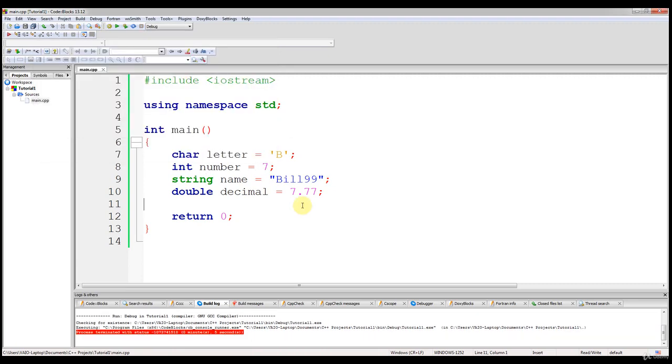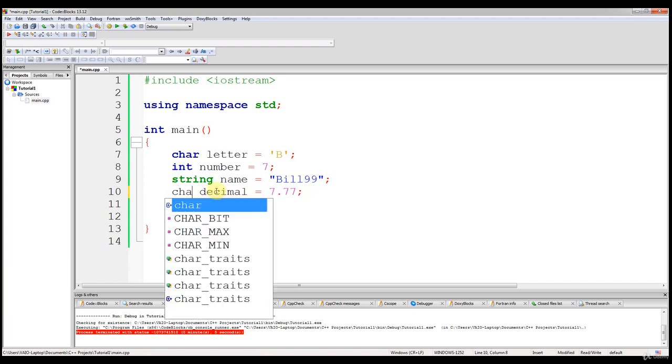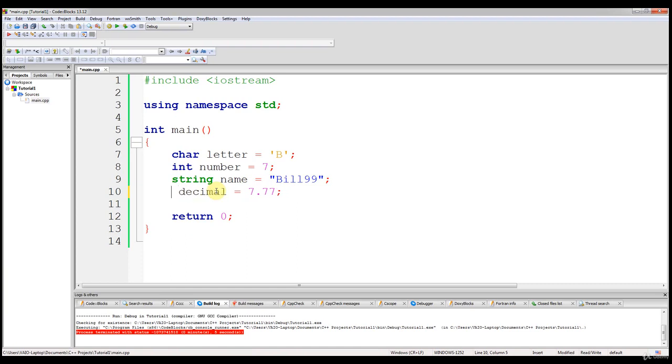But the point is to just show you how to declare these variables and data types, discuss what they are, and show that if you declare them right, you won't get an error. Let me show you what will happen if we call this string, without the double quotation marks. This is declared wrong because you're calling it a string and you don't have your double quotation marks. If you want it to be right, you'd have to put in double quotation marks. But if you take those out, then this is declared wrong, and when you try to build and run,